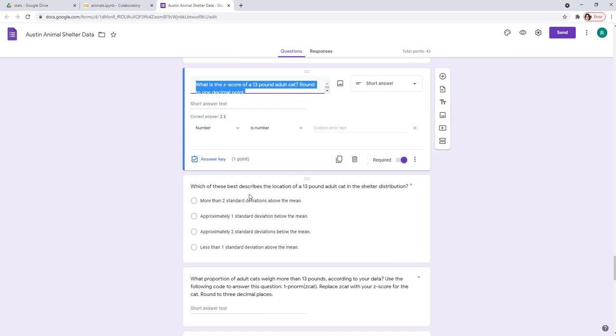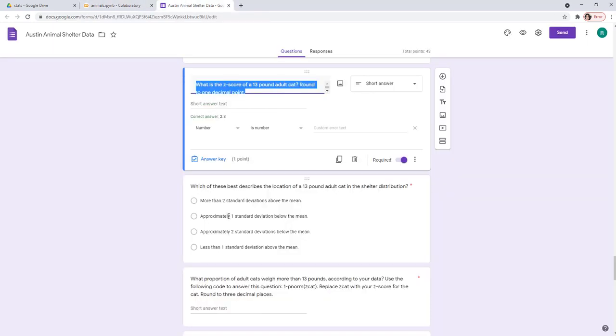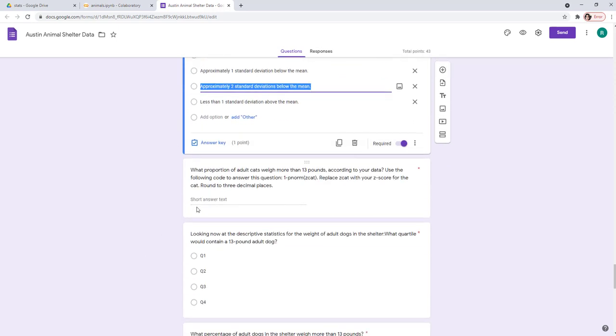Which of these best describes the location of a 13-pound adult cat? So since z is 2.3, it's obviously more than 2 standard deviations above the mean because it's a positive value. So I hope this is clear. This is from the theory that we have already studied. So looking at this question, what proportion of adult cats weigh more than 13 pounds according to your data?